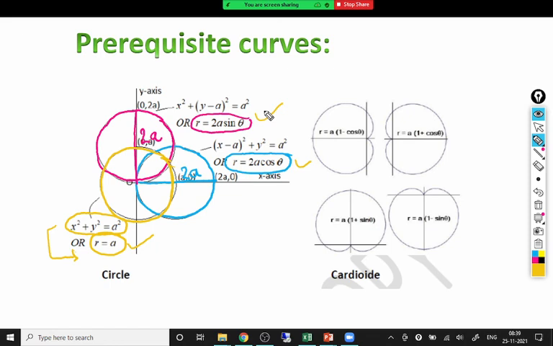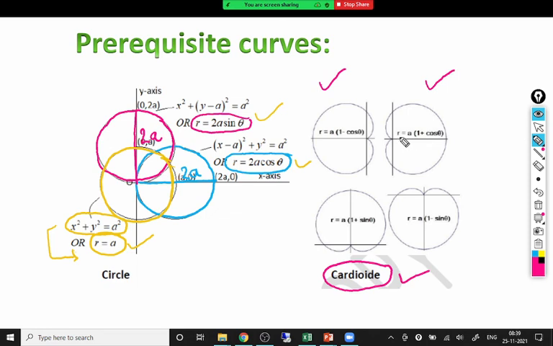There is another curve shown on the screen, the name of that curve is a cardioid. And remember, the name cardioid is given because it is a heart shaped curve. Cardioid means heart. The shape of the curve is like a heart. Again, two cardioids are important. This is the left hand cardioid and this is the right hand cardioid, just like parabola.